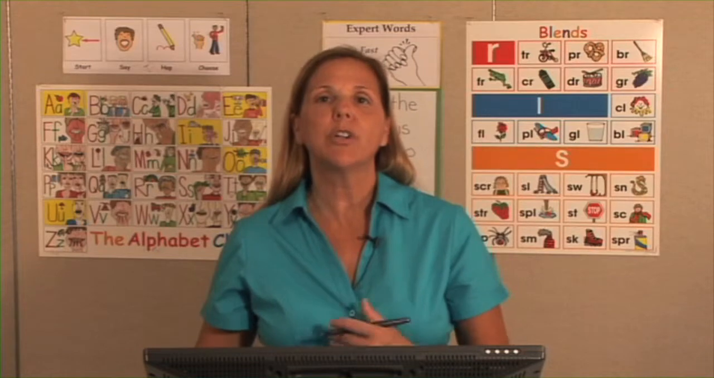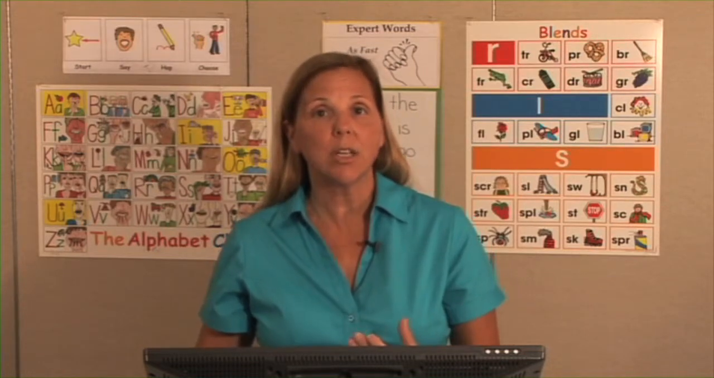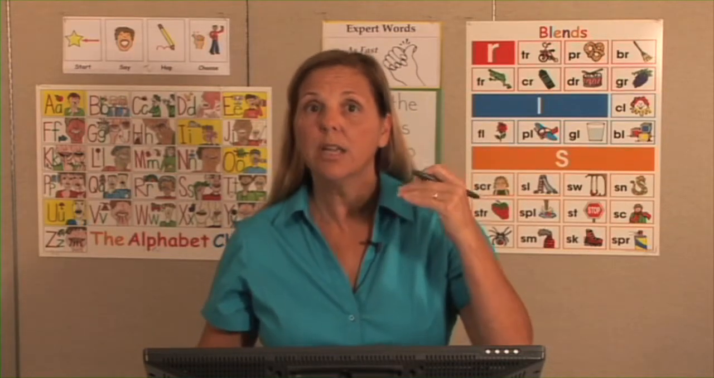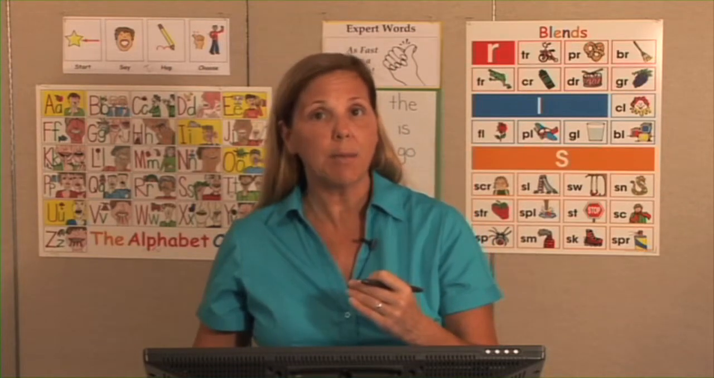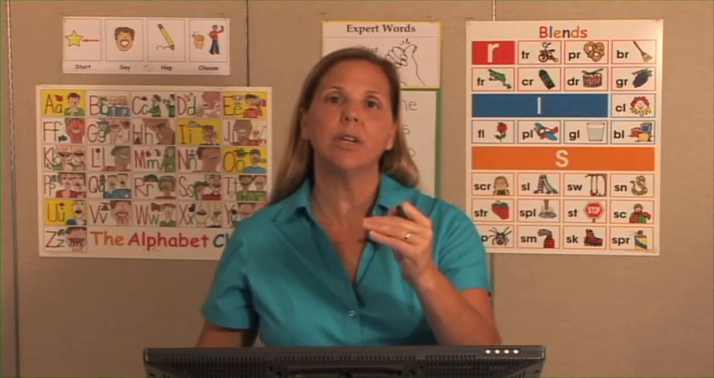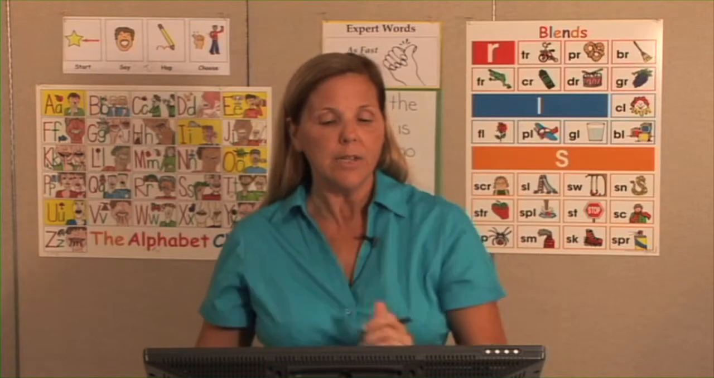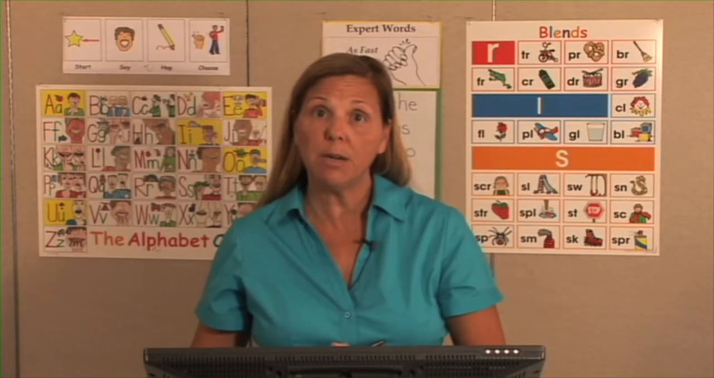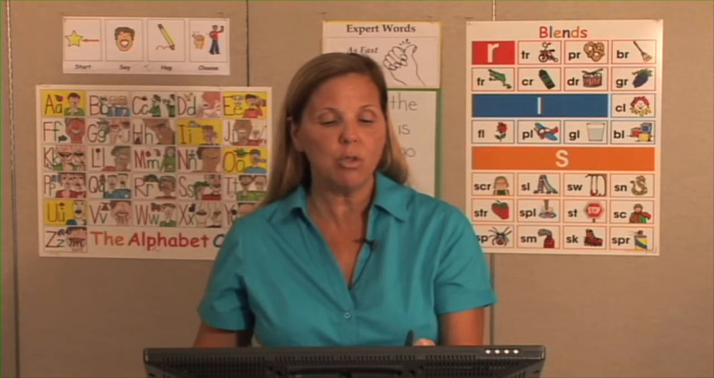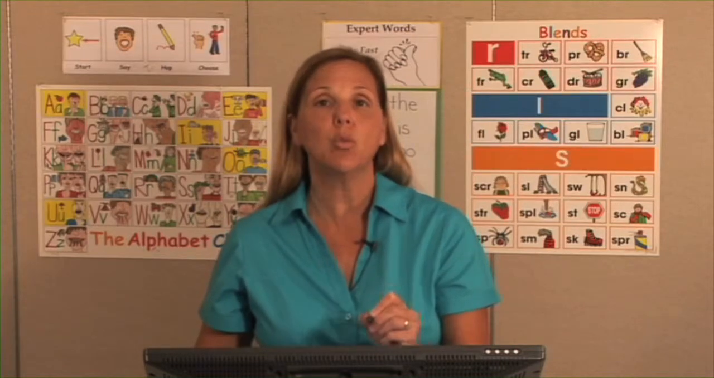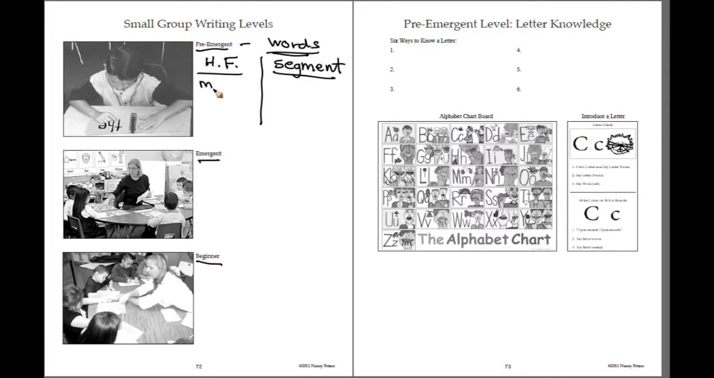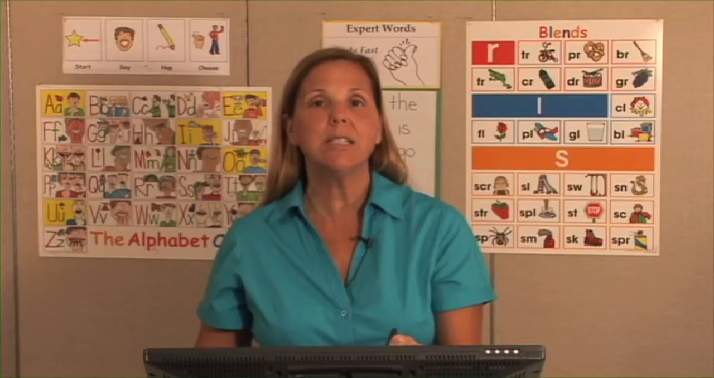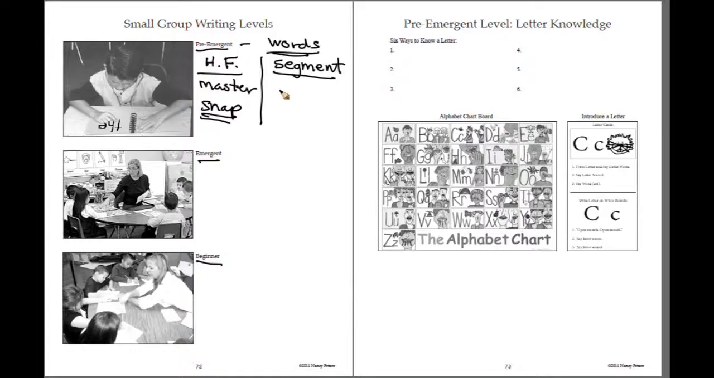Segmenting, those are words that children need to say slowly, hear the sounds, and then identify the letter that matches the sound and write it in serial order from left to right. So what they are learning at the pre-emergent level are two types of skills to write words. High frequency words, words that we will master so that we can write them as fast as a snap. Segmenting, where we are going to learn how to say a word slowly